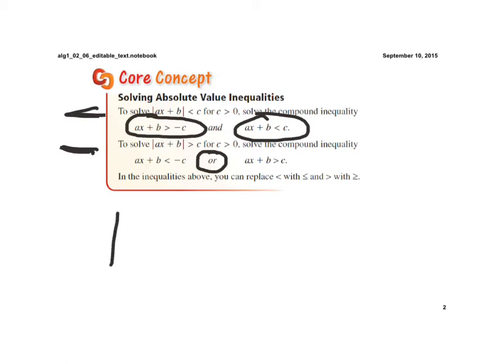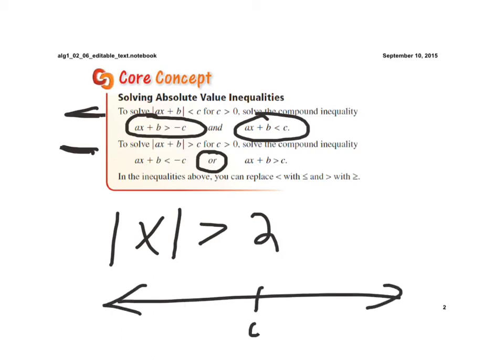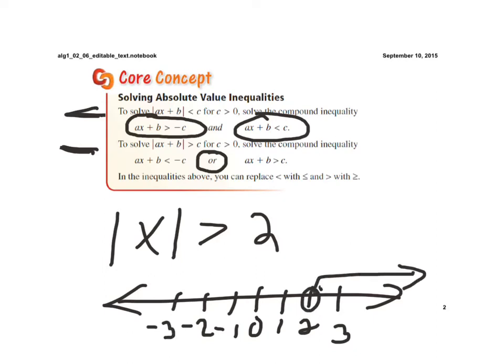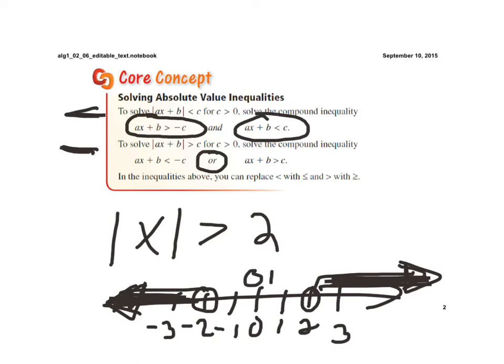And the reason it's an OR, if we have the absolute value of x is greater than 2, then the numbers that are more than 2 units away from 0 on a number line, well, here is this way. These numbers going this direction are more than 2 units away. But then also the ones starting at a -2 going to the left are also. So again, this is an OR. So our two inequalities would be x is less than -2 or x is greater than +2. So now we're going to learn how to solve these